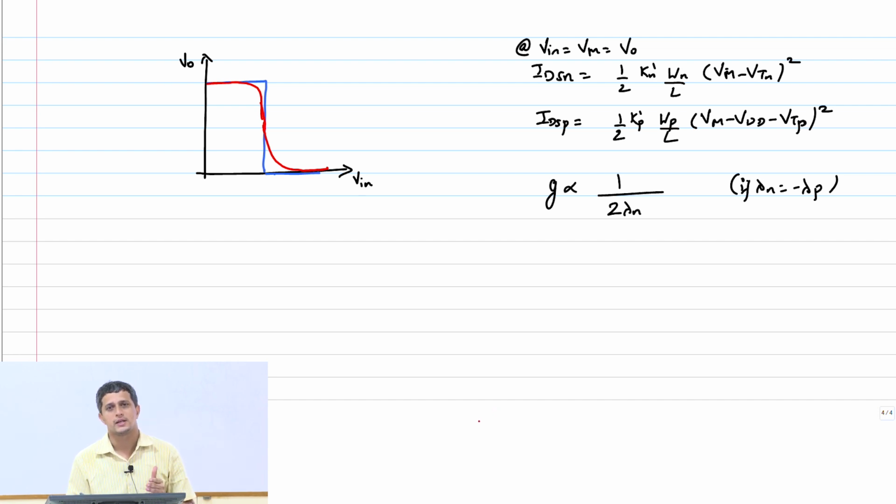So the conclusion is, if I do this same analysis and approximation for a long channel device, I will get this blue curve, and my VIH and VIL will both collapse to VM. If I make the approximation, then VIL equal to VIH equal to VM. Clearly this is not true, right? So the approximation that we did works only for a short channel device when there is non-zero channel length modulation. That's the limitation of the approximation that we have made earlier.